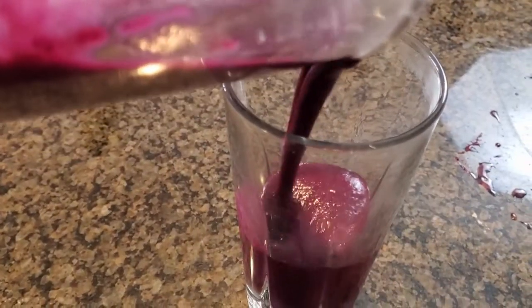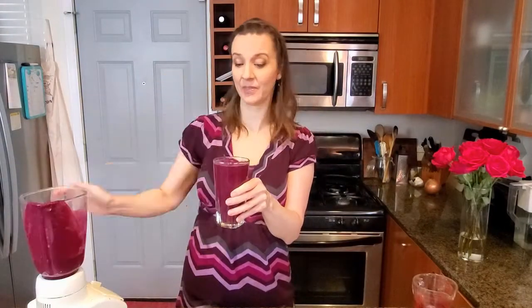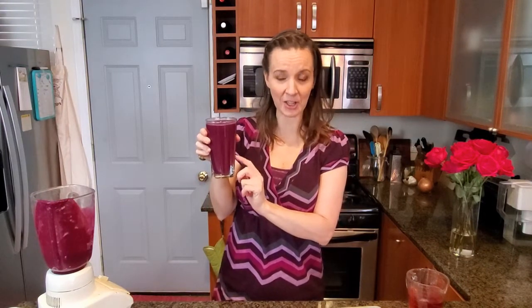The color of this smoothie is absolutely fantastic. And let's see how it tastes. It's really mellow. You can taste the beet, but it's sweet enough that it's going to be really drinkable. So this is maybe not like a starter smoothie, although you probably could get kids to drink it because of the color. The flavor may not be a favorite of everyone right away,